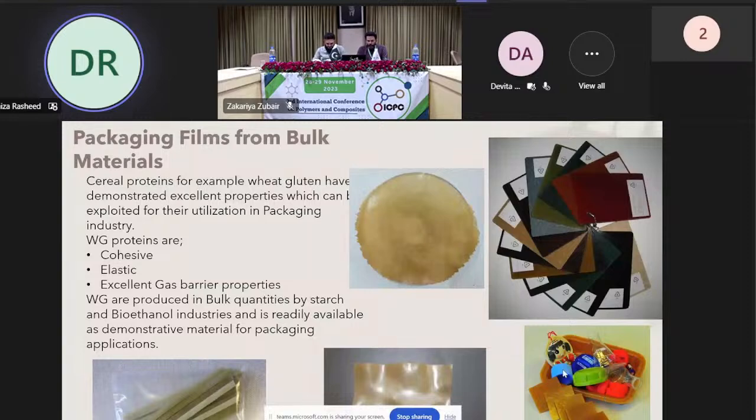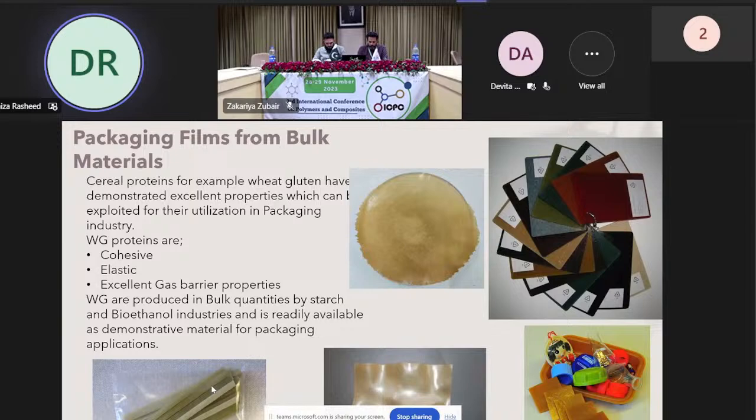So we can see that these renewable plastics or renewable polymers from plants can also be molded into different shapes like other synthetic polymers. Then we have a shiny sheet here, which is also from wheat proteins. And then we have coated it with some materials to make it more resistant to microbe or mold growth. And in this one, you see more extruded materials which are made from polyhydroxyalkanoates and wheat composites.